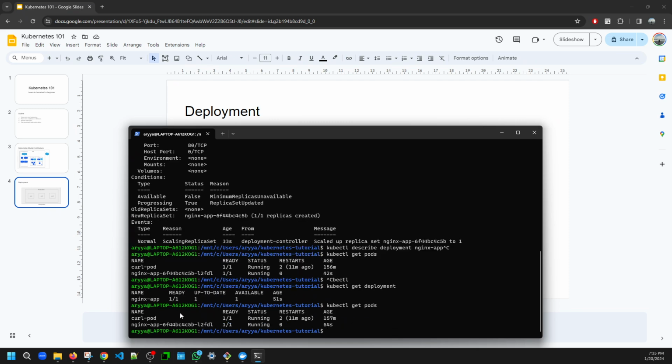See, there is one Nginx pod here. So let's say for some reason we mistakenly delete the pod for the Nginx. kubectl delete pod, and then the Nginx. Oh no, not this one. I need to put the name all together. See,